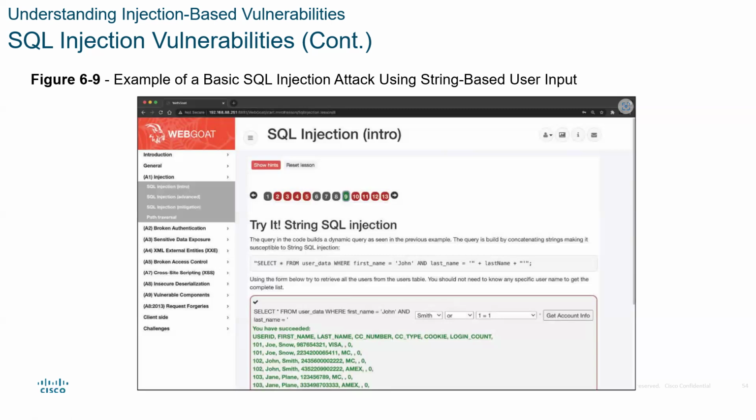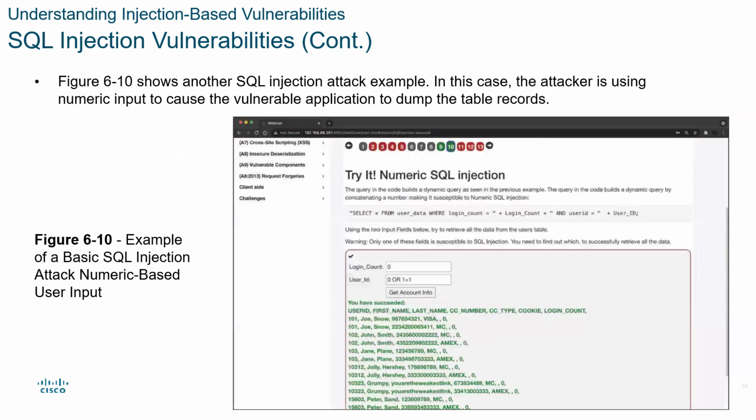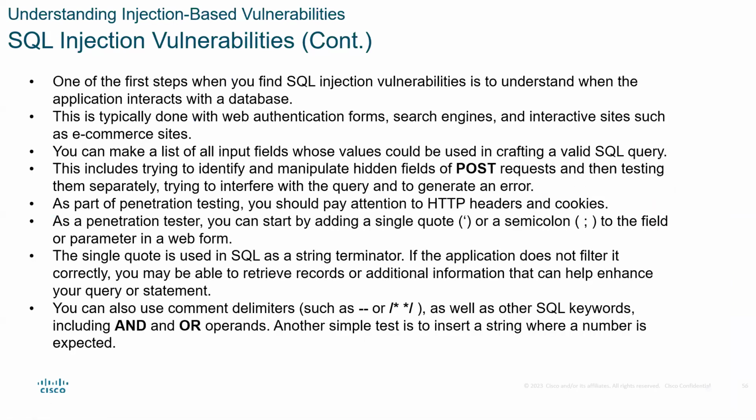Okay, so it will display most of this. This is just to be able to find the weaknesses that exist inside the database. Figure 6-10 shows another SQL injection attack example. In this case, the attacker is using numeric inputs. Here is 0, so this is the login. User ID is 0 or 1 equals 1. So this is just querying a database, putting in invalid